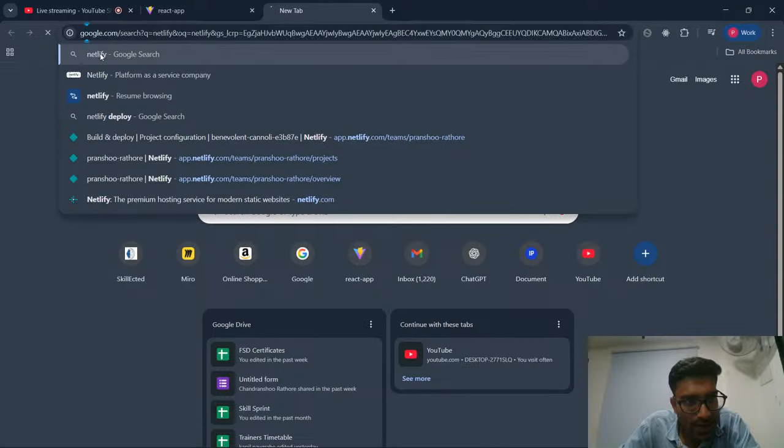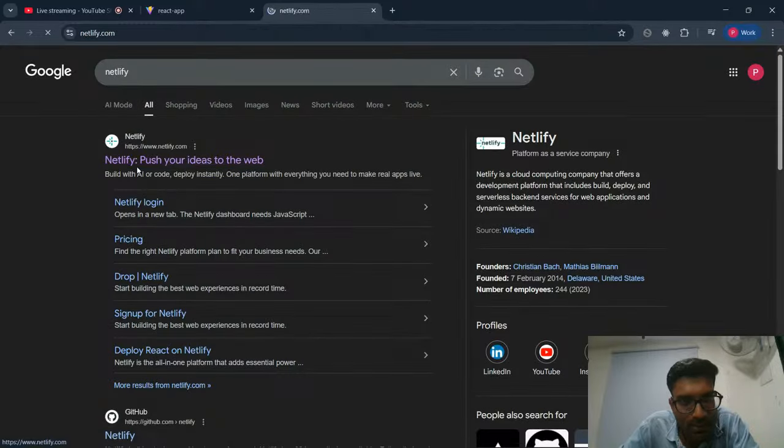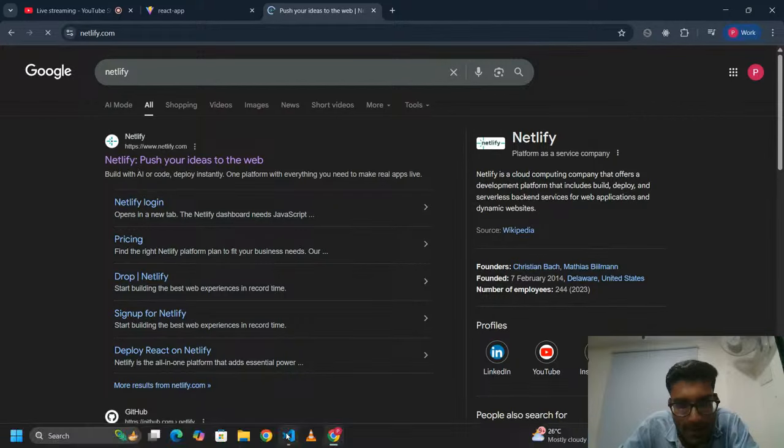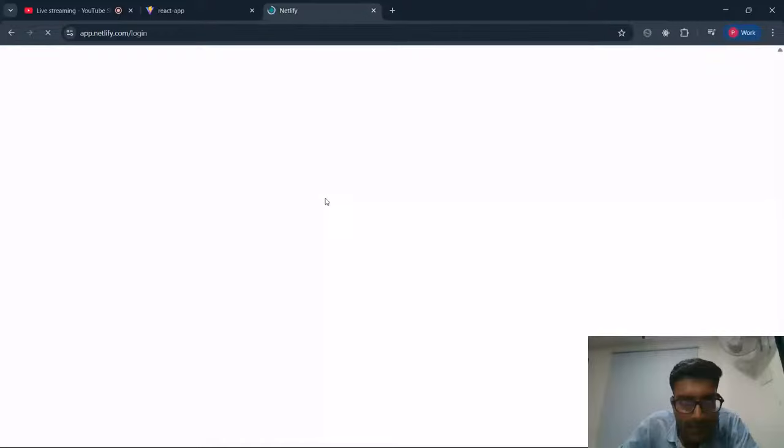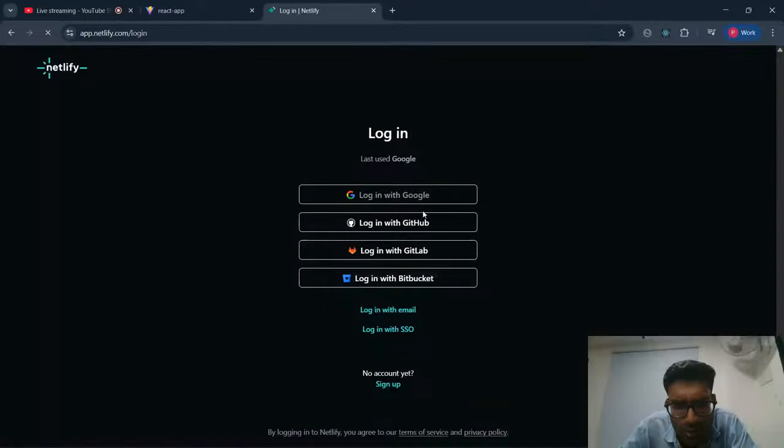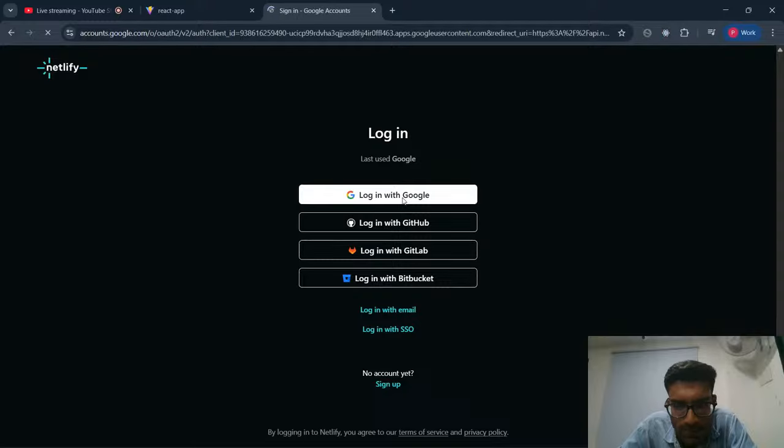So Netlify is one of the platforms where you can deploy your apps, right? So I'm going to deploy my advice app on Netlify and I'm going to share the URL with you. Deploying websites on the web is just a task of 1 or 2 minutes. Within 1 or 2 minutes you can deploy any website. Okay, I'll go to VS Code.